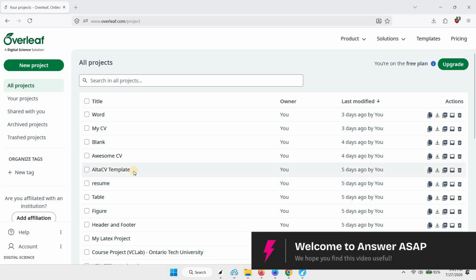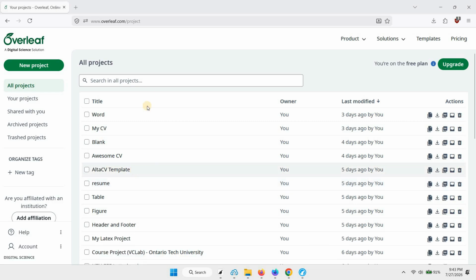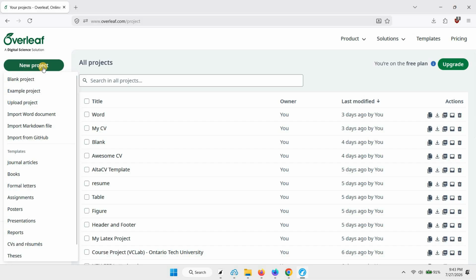This is how to make a poster in Overleaf. Go to Overleaf and from your project dashboard, go to New Project, and the easiest way to create a poster is to use a poster template. So choose Posters,